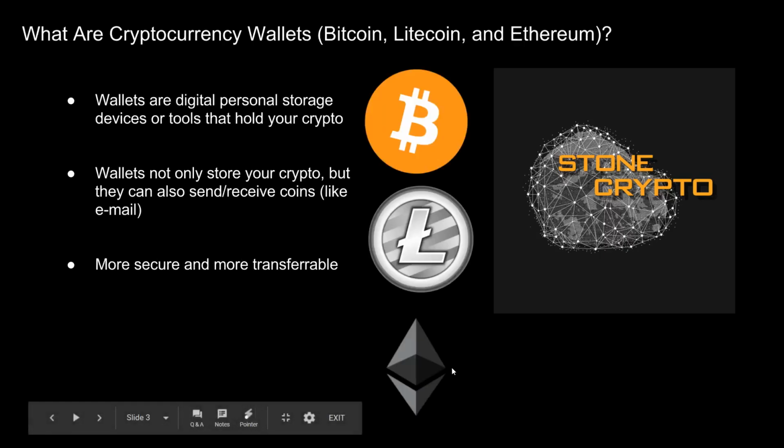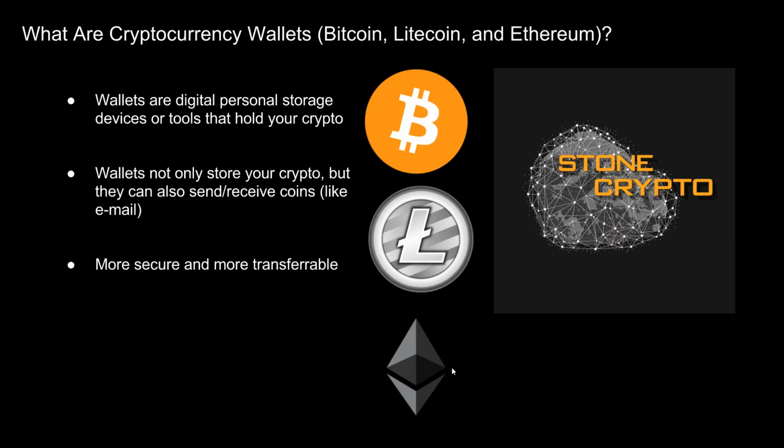So basic crypto 101 before we get started. You never want to store your cryptocurrencies such as Bitcoin, Ethereum, Litecoin, or whatever your crypto is on an exchange for longer than you need to make a trade and transaction. There are tons of people phishing for your passwords and your personal information, and these exchanges will not reimburse you for stolen funds. Yes, some of them are FDIC insured, but what that means is if that exchange goes bankrupt